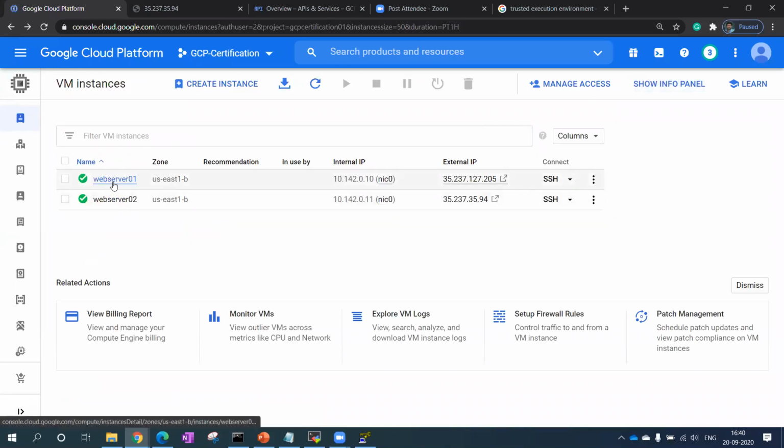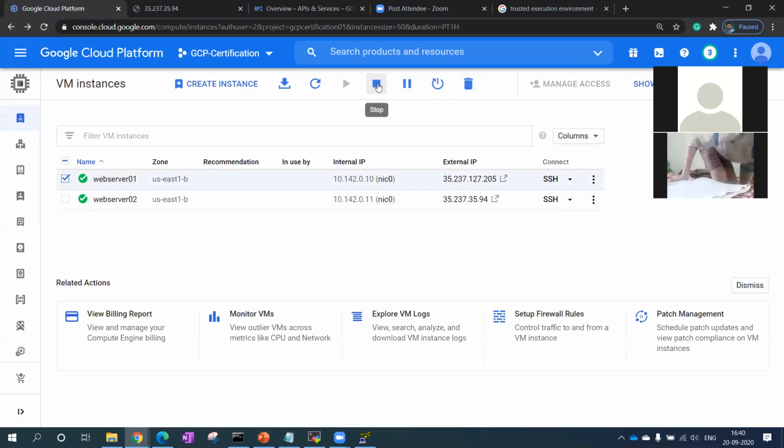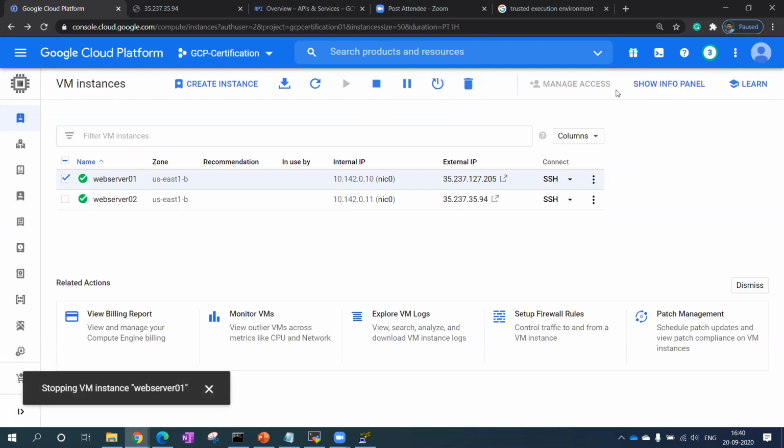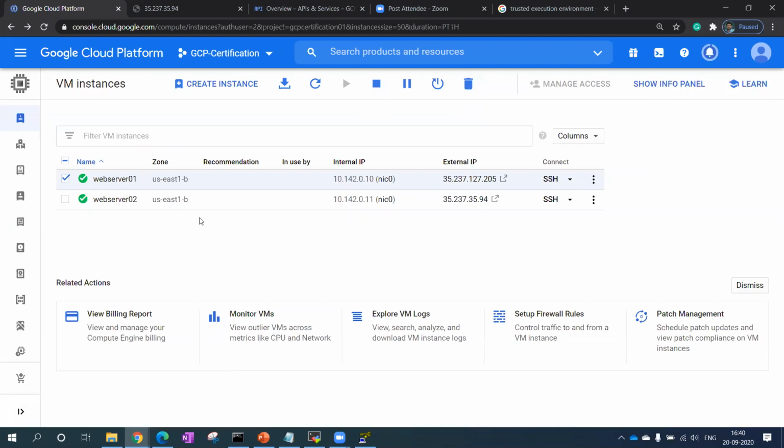Right now it is 10 GB, and if I want to make it 20 GB, I can do it. But if I want to scale up my instance, then I have to stop it. So I am going to stop this VM.